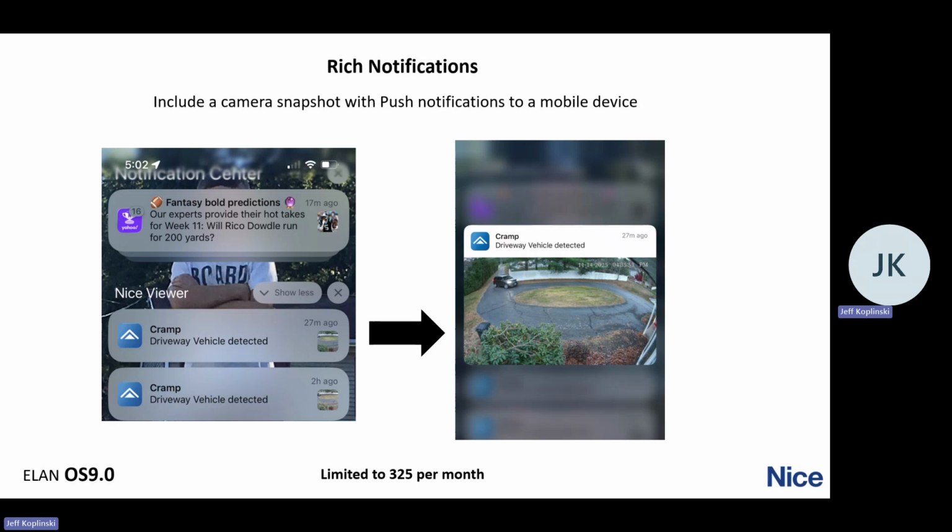Now, because this is a cloud service, we are limited to $325 per month per system, right? Now, a lot of people will think, man, I'm going to hit that, right? We've tested this in beta. We had some pretty large systems. If these cameras are configured correctly, the only time we'll really hit that limit is if you've got notifications going and maybe you don't have the interval set correctly, where I've got a tree in the front yard blowing, or